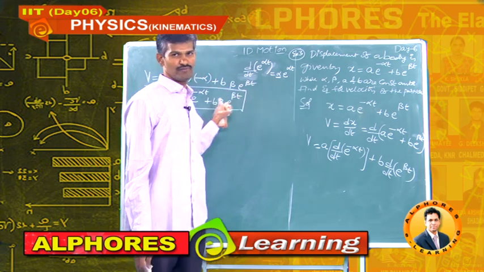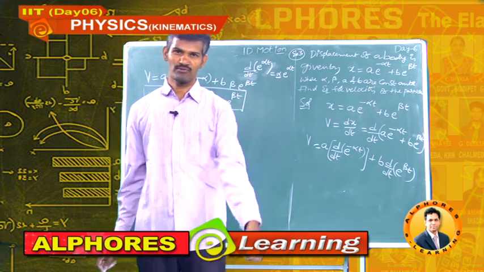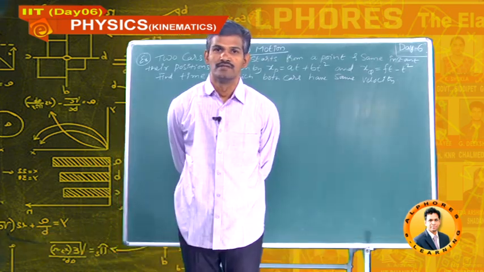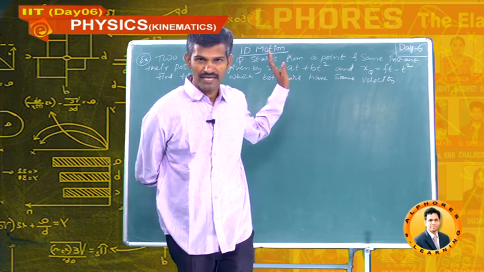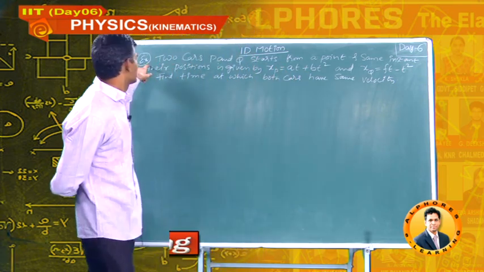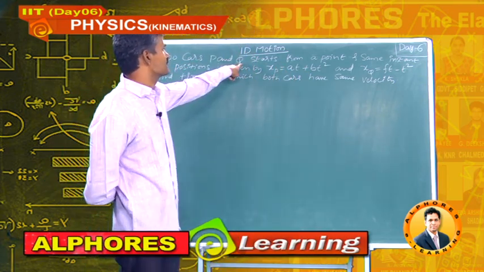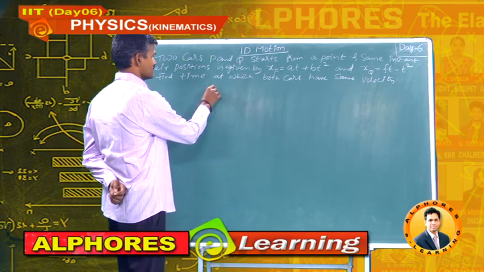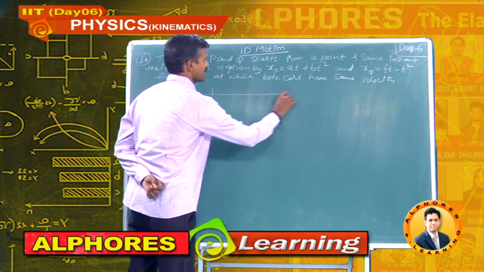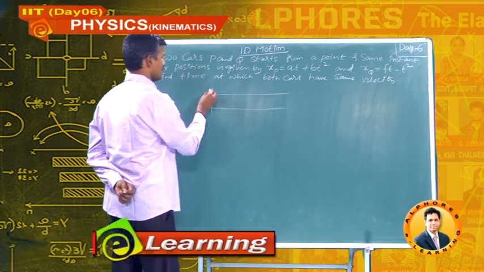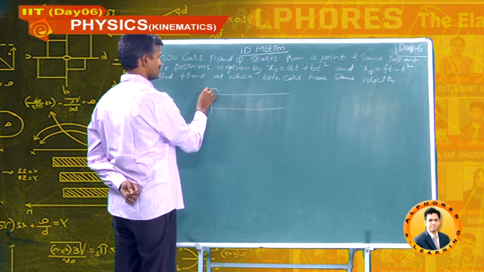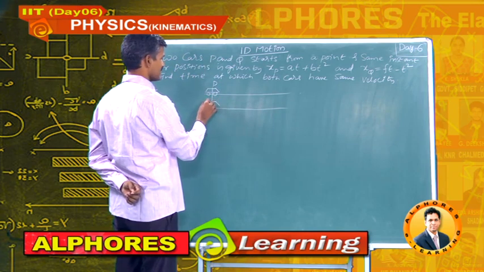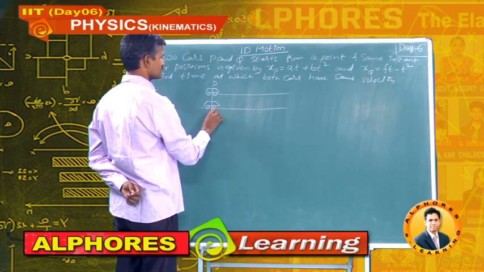These are three important problems. I will discuss some more problems related to these concepts. Students, I have one more problem here. Two cars P and Q start from a point at the same instant. Suppose these are the lines travelled by the two cars. This is the first car, this is P, and this is the second car, this is Q.